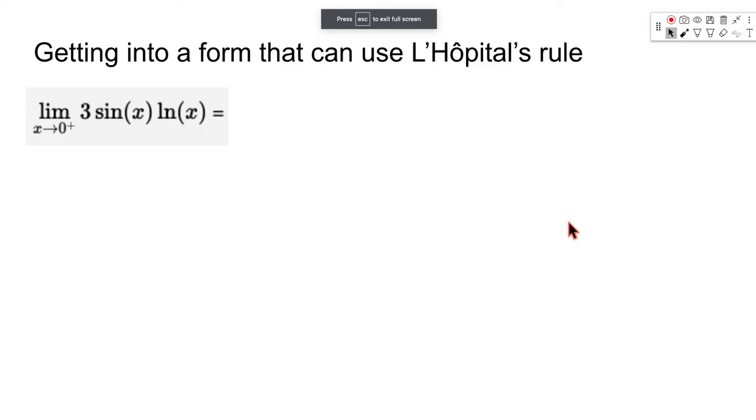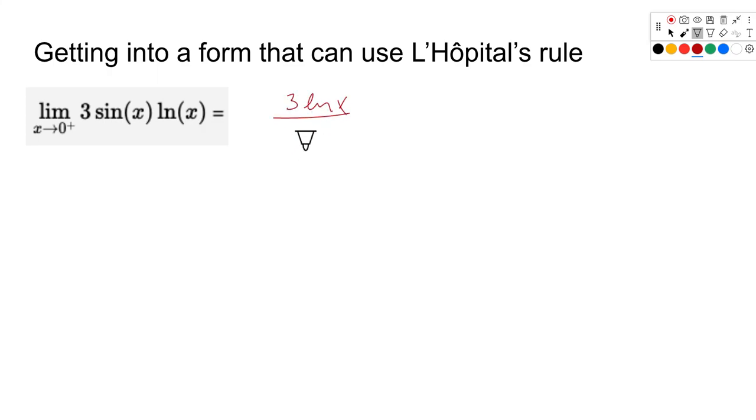Oh man, lost all my good work. What did we have? We had 3 natural log of x over cosecant of x. And when we evaluate this, we get